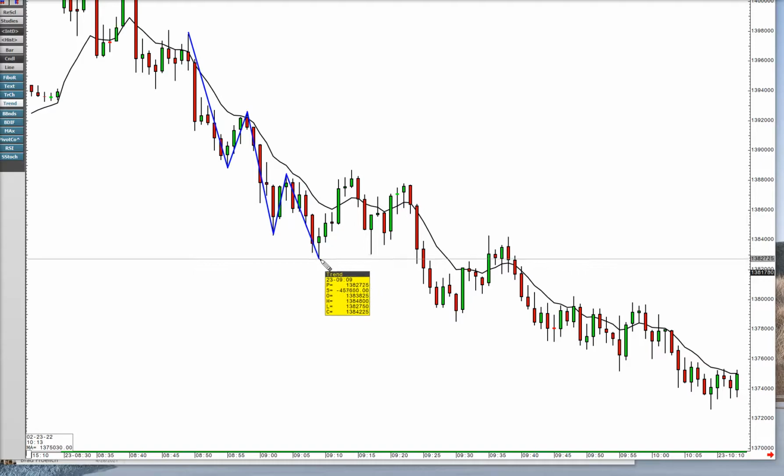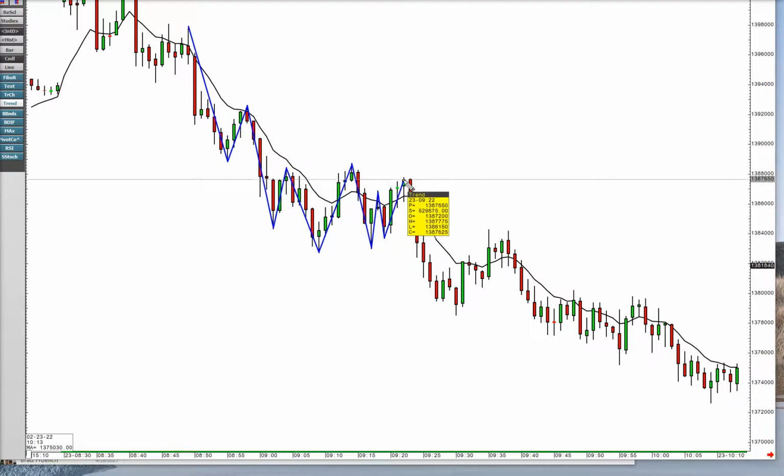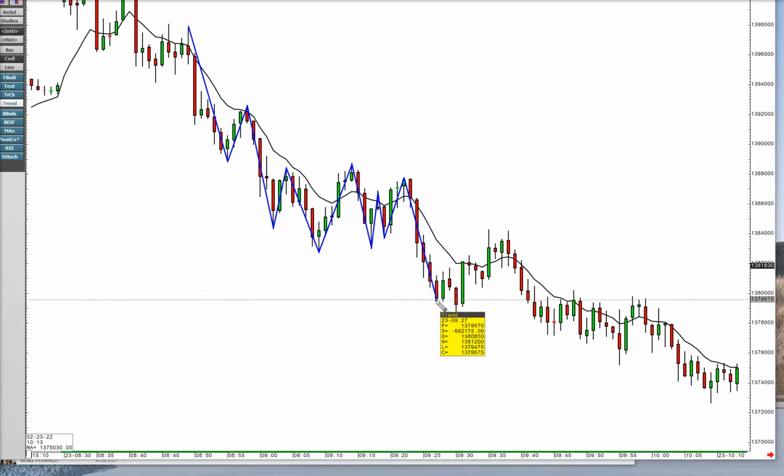There's one exception to that, and we'll forget about it for now because it just complicates things and happens very rarely. So as you can see, I'm drawing swings. Down, outside, up, down, up, down, up,